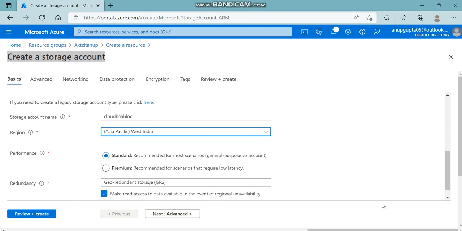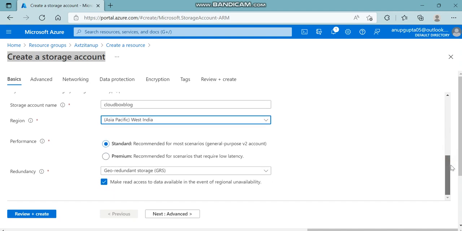This is an infra level team will do, but I am telling you it will be helpful for you. Actually, you can have all end-to-end knowledge of what a storage account is and how we can create it. So we can select any of these two, but standard we are going to select, and it will save our cost. And now the most important thing,